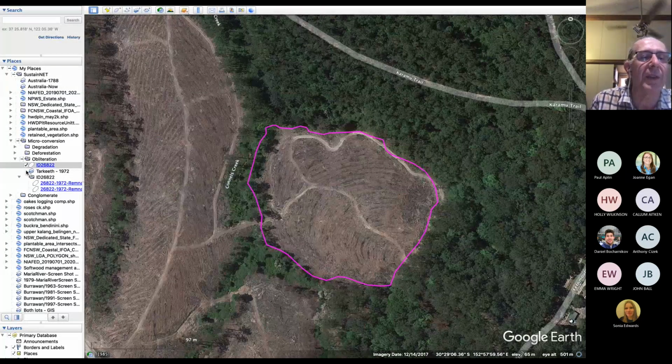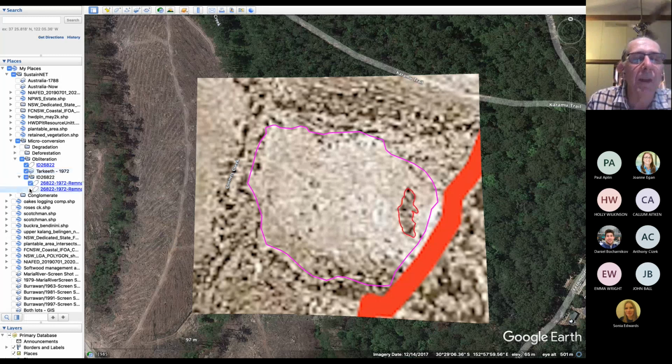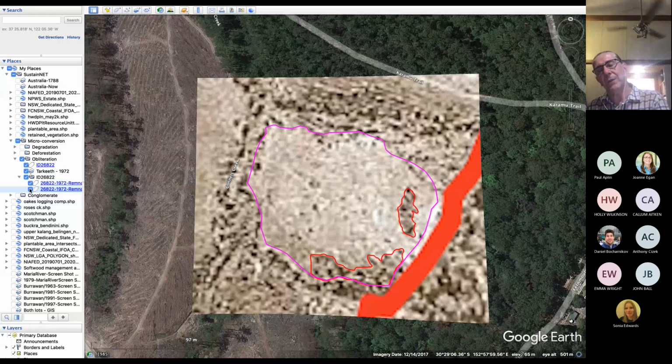So if we turn on 1972, which was ground zero for this area, you can just about see in the aerial photograph two remnant patches of native forest within this admittedly small plantation unit. This is only about 3 hectares, whereas the ones we've just been looking at were, in the case of the first one, well over 50 hectares, and in the case of the latter, around 15 hectares. This one's only 3 hectares. But as you can see, when you saw all the pink across the map of northern New South Wales, this is happening in just about